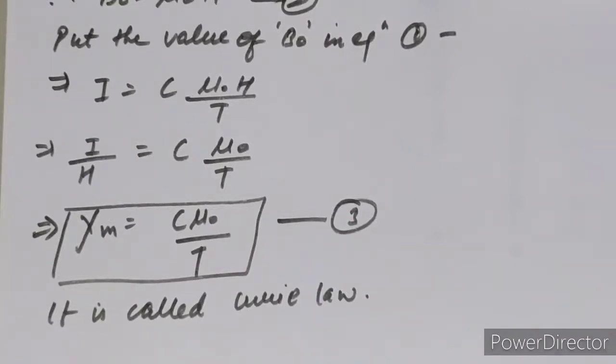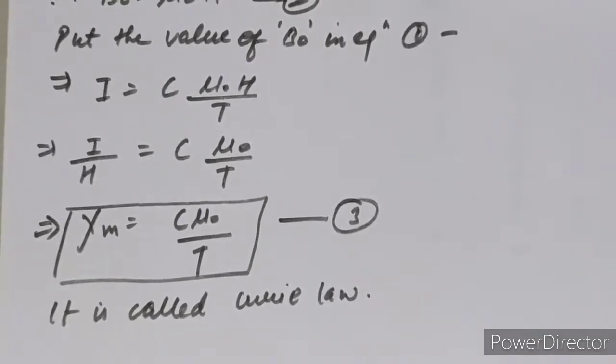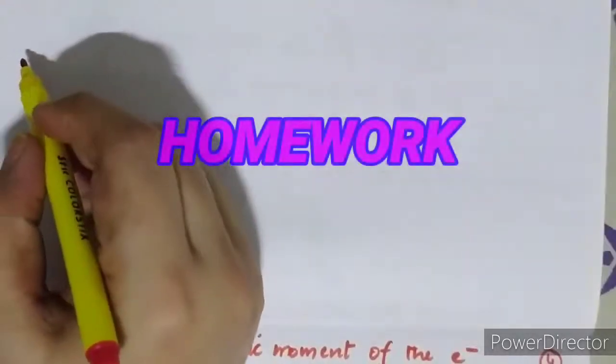So maybe tomorrow or day after tomorrow we will complete this chapter, and with this chapter, magnetic properties, substances, magnetism, magnetic field, the topics related to magnets are mostly completed. Then we are moving forward with the 9th chapter, EMI, electromagnetic induction, the combination of both electric field and magnetic field. Clear? Okay. Now we are going to discuss today's homework.